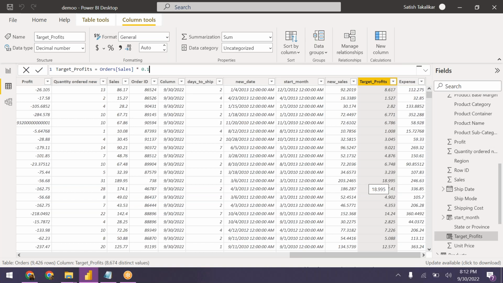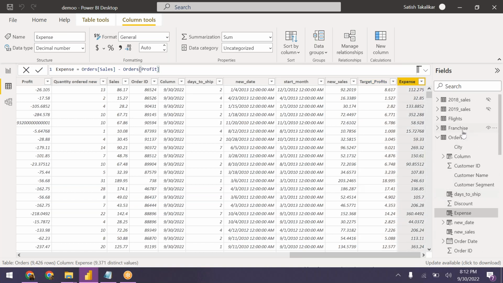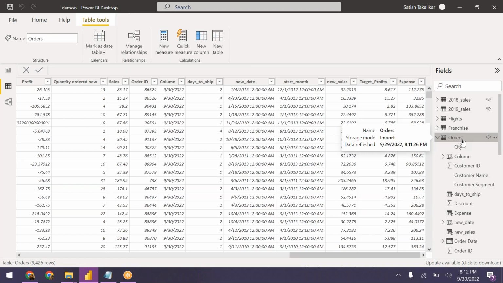So I'll give you one example. We will try to calculate profit ratio. We have a table here, and we want to calculate the profit ratio as sum of profit divided by sum of sales. So the moment this sum function has come into picture, we will have to